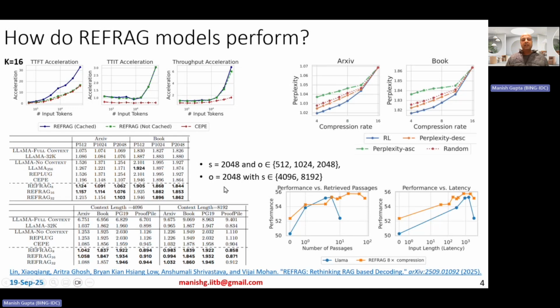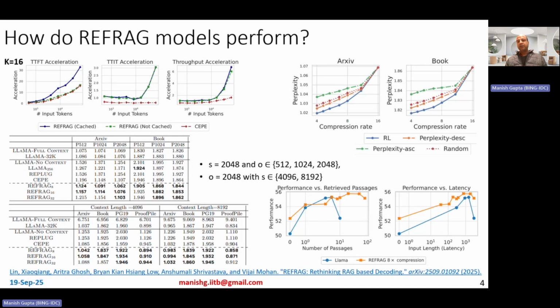So obviously, if you have a longer context length, it just suffers because the input gets truncated significantly. Right, that's that. But REFRAG models actually still provide you the lowest perplexity. Okay. Now, this plot basically shows you the compression rate versus perplexity when you are using a particular selective